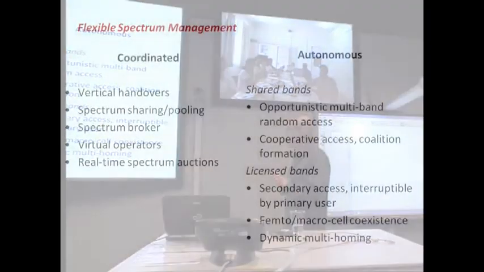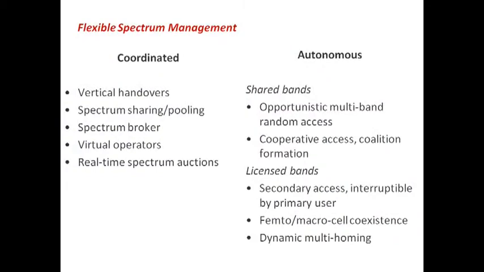So it depends. In the research literature, you see both, but researchers like difficult problems, right? So the more difficult, the better. And so you see a lot of work on extending this autonomy as a way to also exercise this question of what happens if you really give autonomy all the way to the radios. Is it possible? Is it complete chaos, or are there mechanisms that will lead to an even more efficient distribution of resources? And I'll give some examples of these.